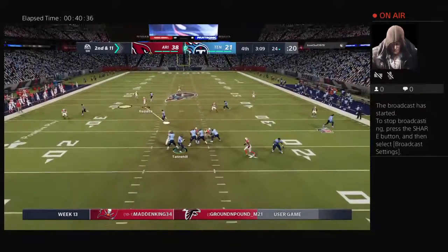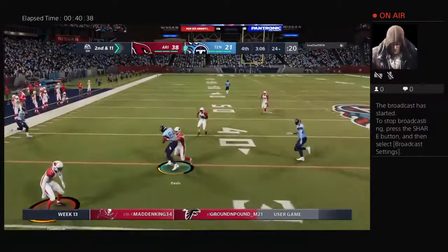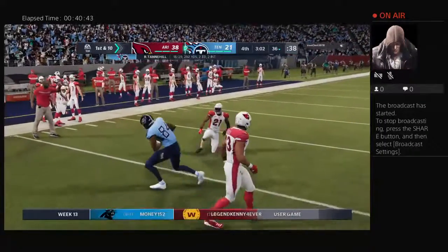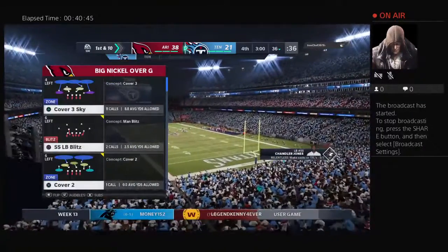Throwing again on second down. Tannehill. He will find Davis. That's complete. And they're able to get this one across the 35. 50 catches for him now on the...